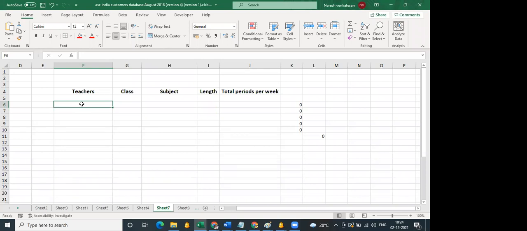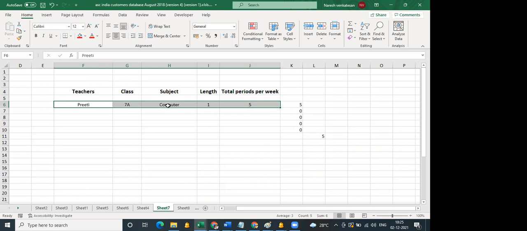So if I'm going with teacher wise, I say, I believe you're going through this row. This is a lesson consisting of teachers, class, subject, length, and total periods per week.